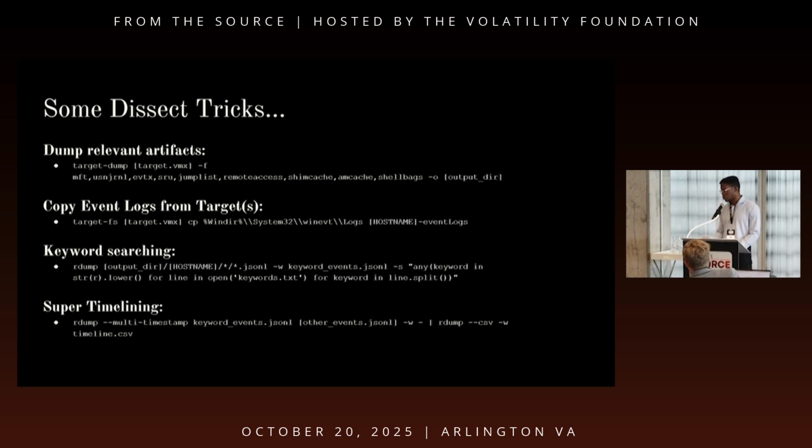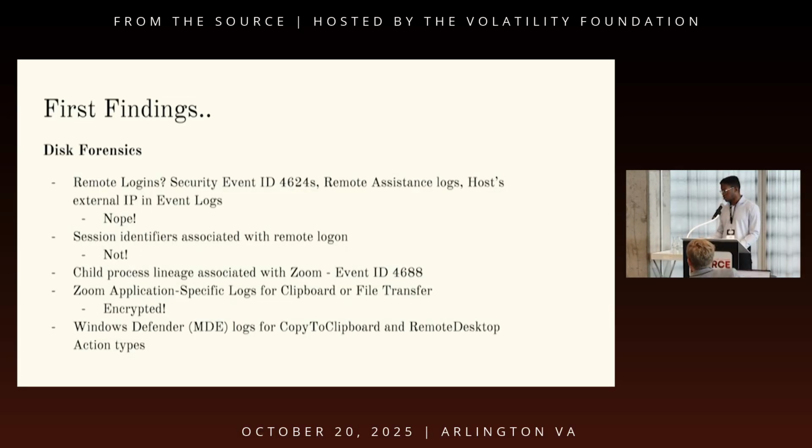But yeah, after super timelining, you'll end up with a super timeline, and moving on to expectations versus reality here. I was hoping that there might be some kind of remote desktop, RDP-type login that was prompted when you do the remote control sharing, but it didn't work like that. I took note of my public IP address, and it seems like we only got connections in the event logs for Sysmon and